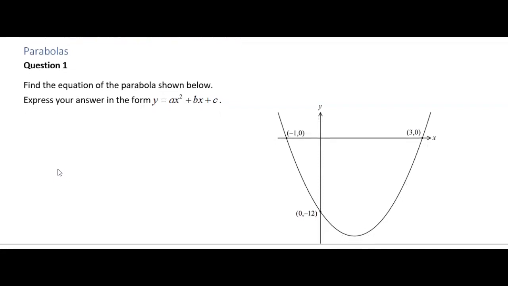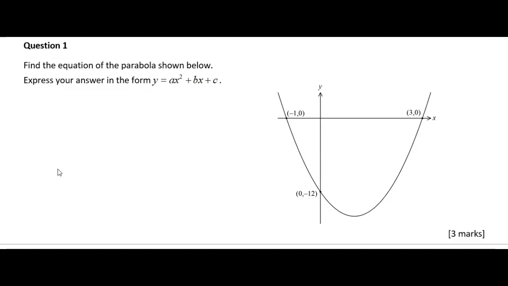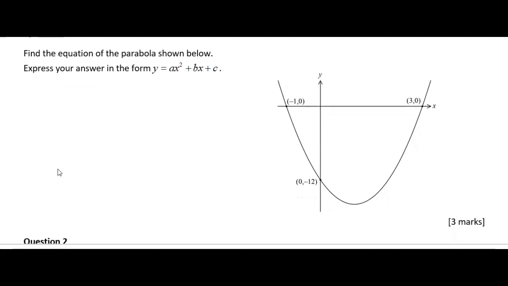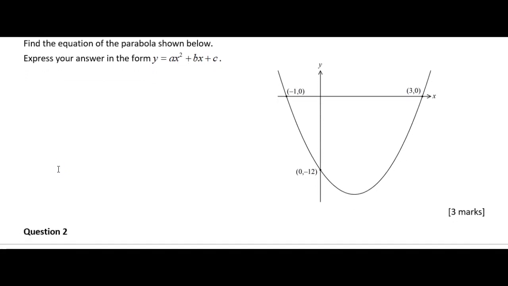Okay, question 1. Find the equation of the parabola shown below. Express your answer in the form y equals ax squared plus bx plus c. So this is just what we call expanded form. So you can have factorized form and you can have turning point form, but we're just going to use the